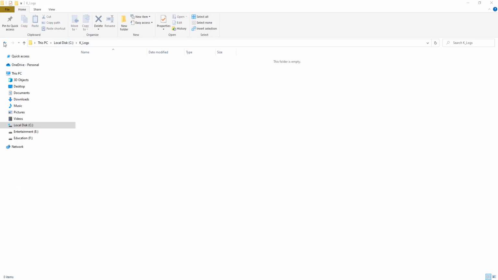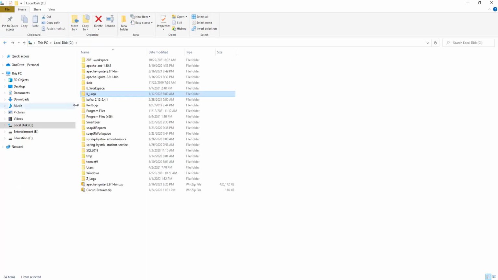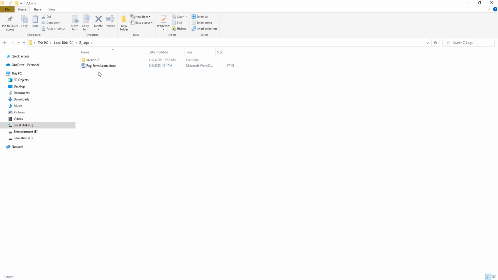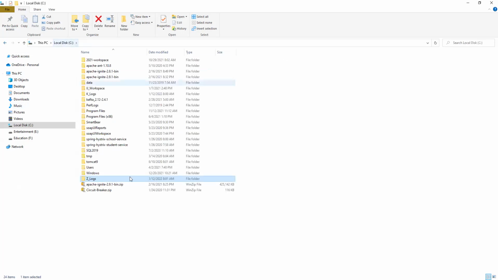I will show you where I configure K logs and Z logs. Internally Kafka stores the logs, but Kafka has a minimum memory, so whenever it reaches that limit, it will get stuck and not work. That is the reason I put Zookeeper logs and Kafka logs in my C drive.